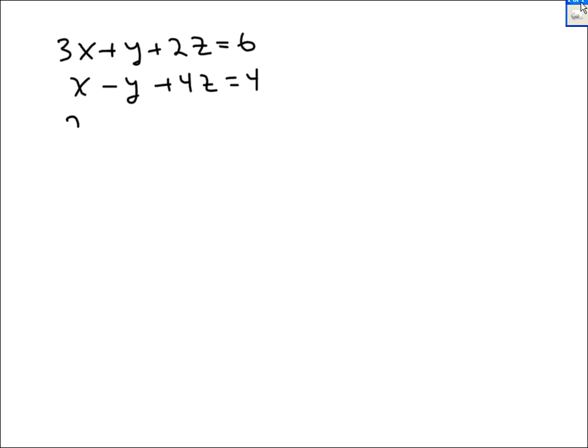Solving a system of equations involving three unknowns. Suppose you were given 3x plus y plus 2z is 6, and x minus y plus 4z is 4, and 2x minus y minus 3z is negative 2. The steps are,